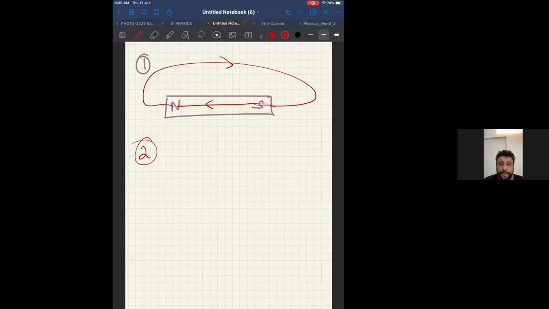Magnetic susceptibility, Marin correct. Magnetic susceptibility is negative for what? It is negative for diamagnetic. It is small and positive for paramagnetic. It is very large for ferromagnetic, correct? See the table that you have done for diamagnetic, paramagnetic and ferromagnetic. In that case, susceptibility is negative only for diamagnetic. If it was paramagnetic, it would be positive but small. And if it was ferromagnetic, it would be very, very large.